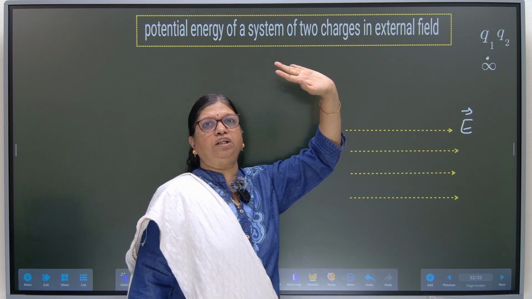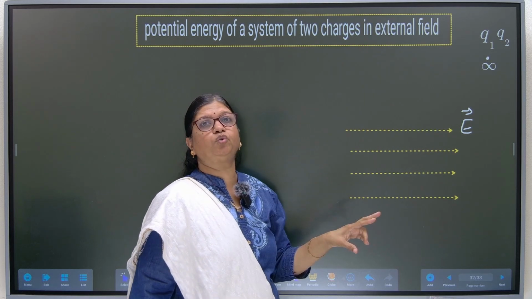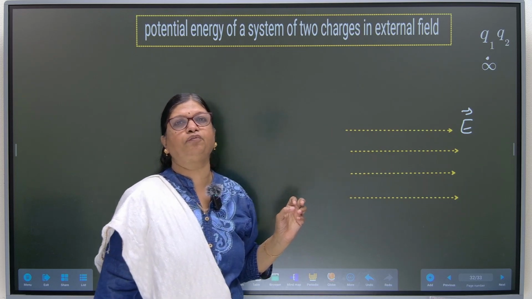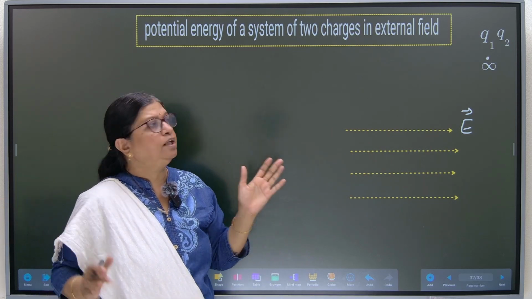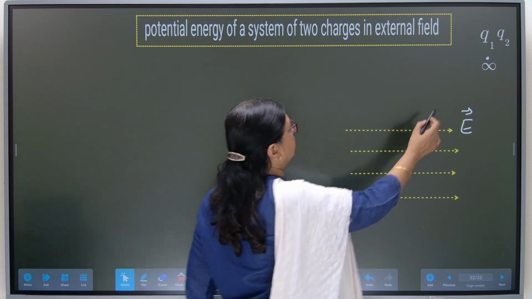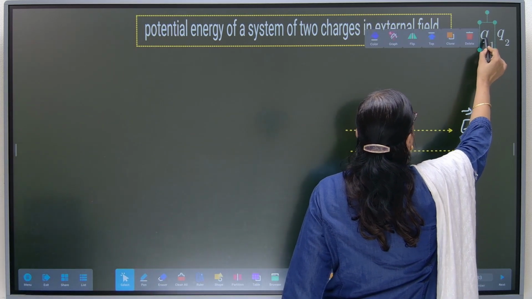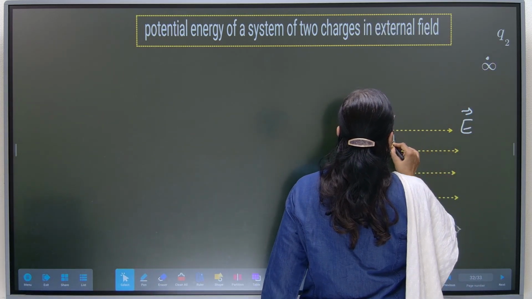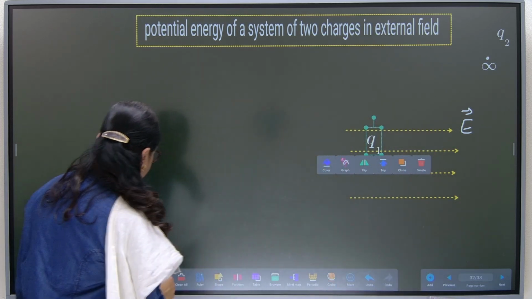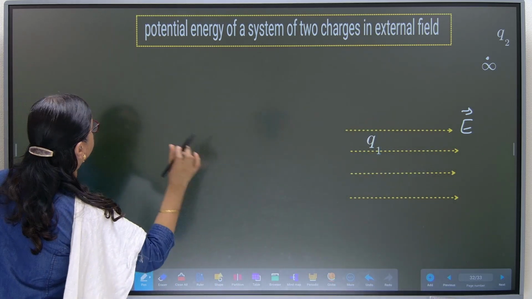Now we have to collect those charges and place them in the external field. So we have to do work. So the work done in bringing the charge Q from infinity to the external electric field is given by